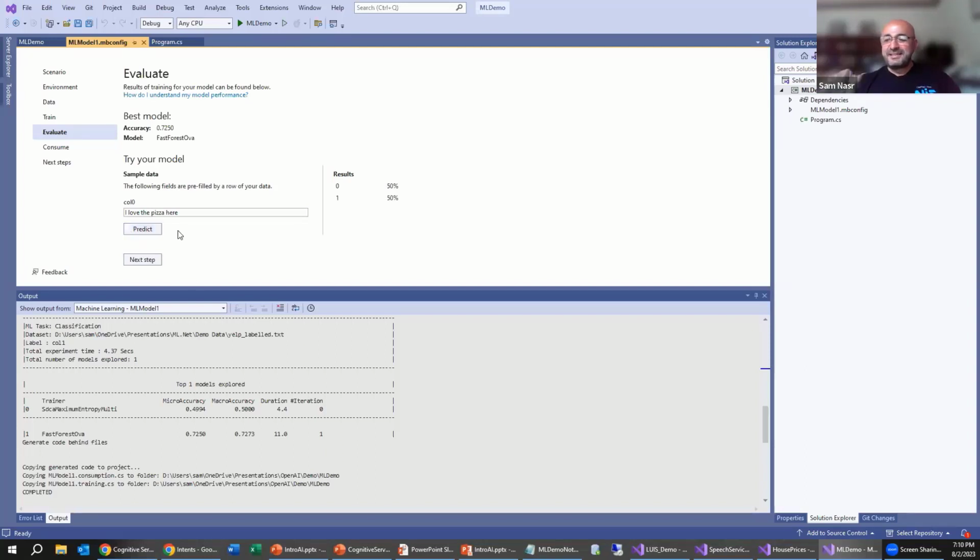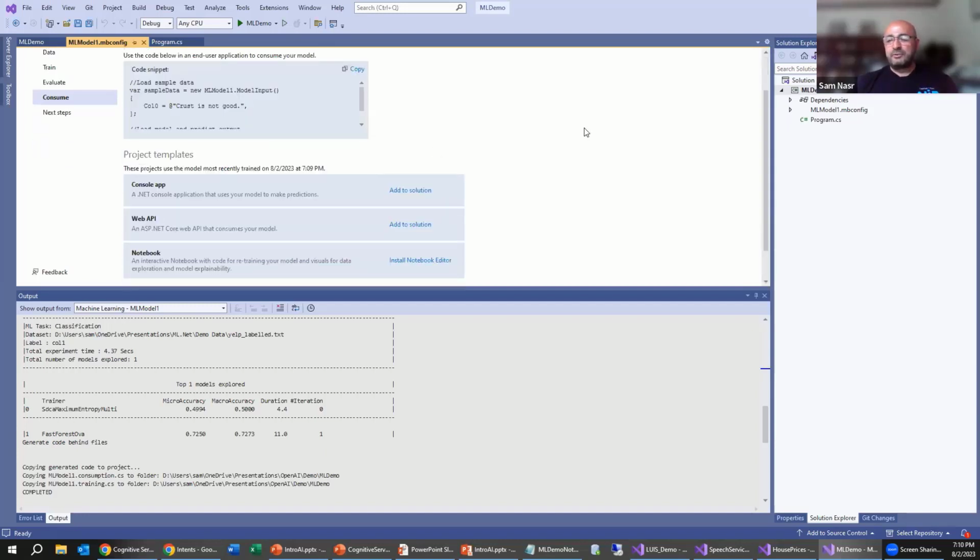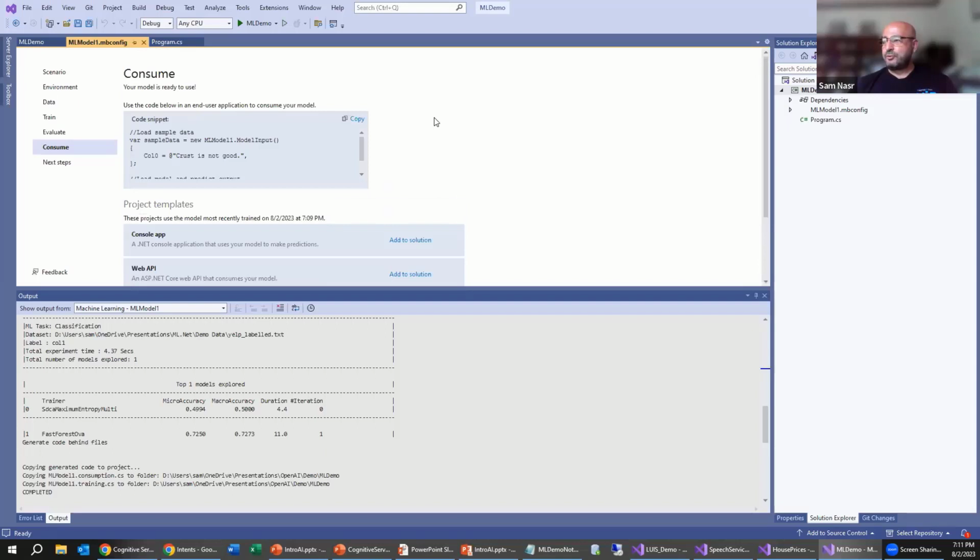Okay, so this has not happened before, believe it or not. I've always ended up with results that were 99% or 98% confidence. So this is a first. But for the sake of time, let's assume that I'm satisfied with the results here, and I can move on to the next step. Now I have my model. I am able to use it in an application, and it's giving me multiple ways to utilize that in my solution.